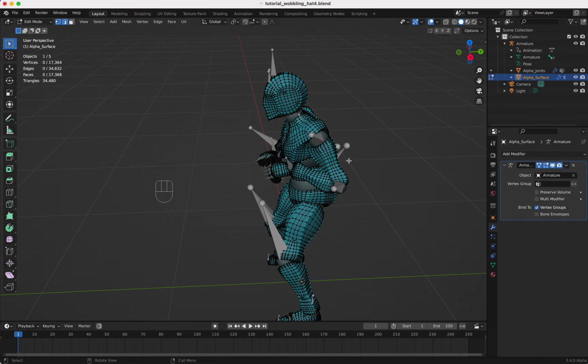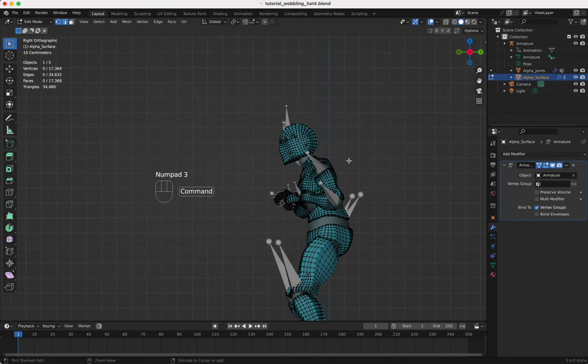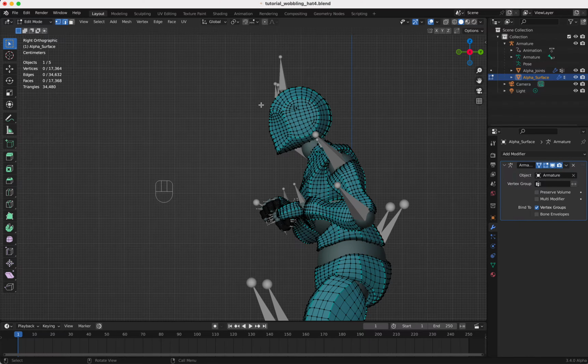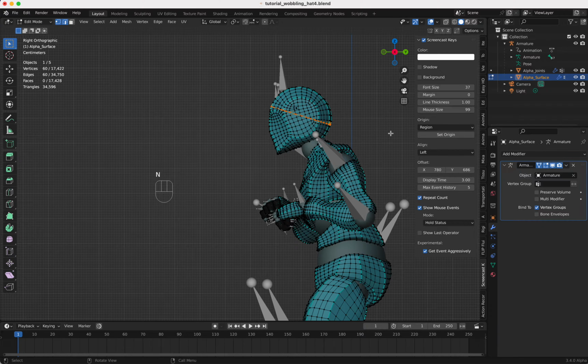What we do now, we make a cheap model because I'm a really bad modeler, but I'm lazy too, so we use the knife tool, K, and with K I select here this vertex, and you have some options here as you can see in the status bar, and with C you can cut through. So if I press C, it toggles here between on and off, and I want to do on because I want to cut through the whole mesh, and then I press left mouse click and press return,